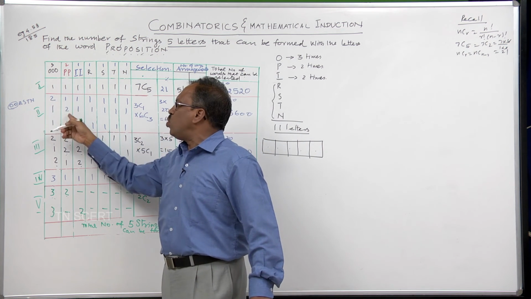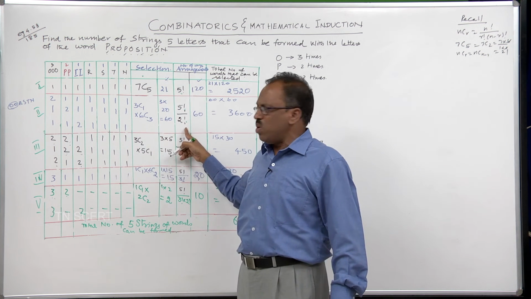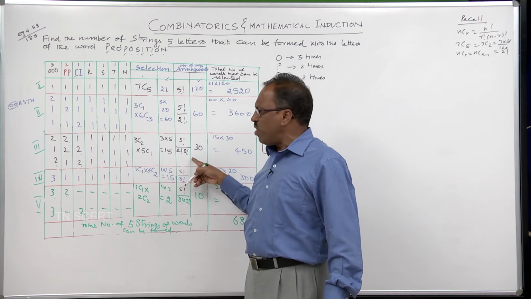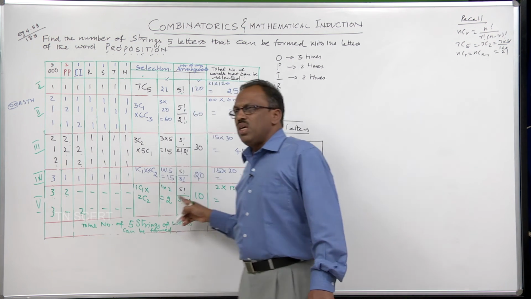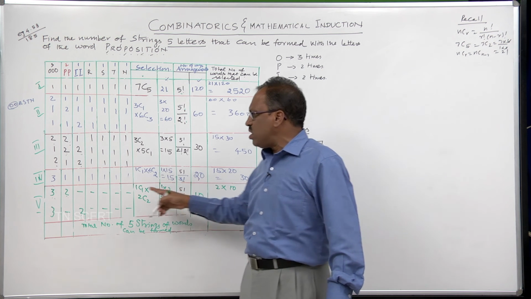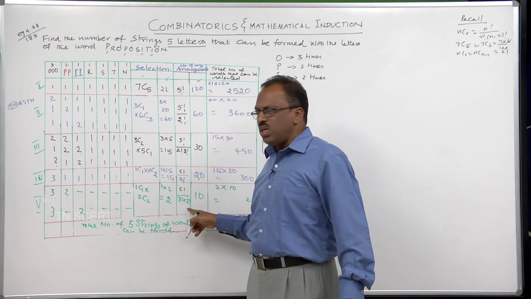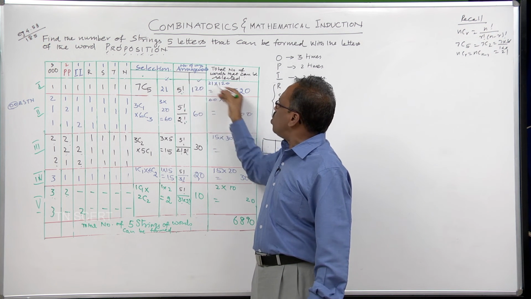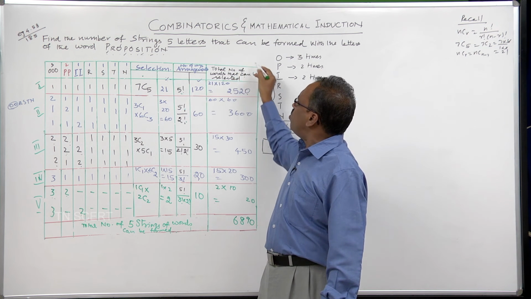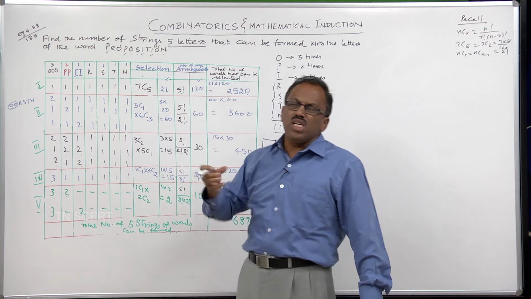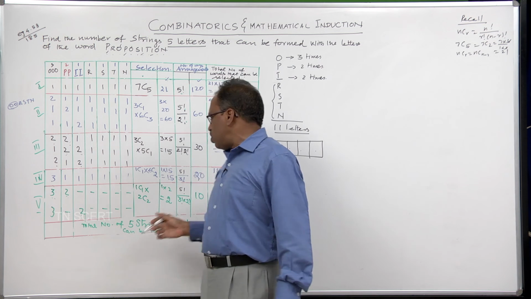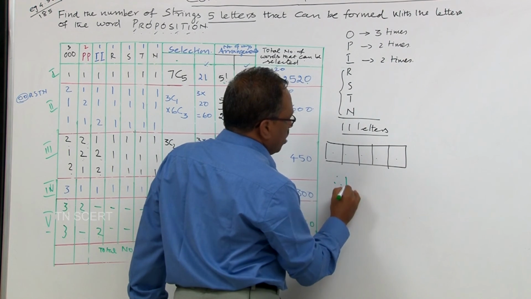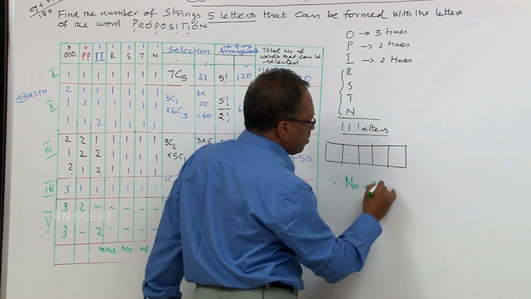Here it is 2, 2 means only once, so 2 factorial. Here 2 comes twice, so that means 2 factorial and 2 factorial. 3 means here 3 factorial, this is the one that changes. Here 3 and 2 means those changes I have given here, and all those values also. So the product of these two is the resultant, the total number of words that can be selected of the strings of the words proposition. So totally how many words? Totally the number of words